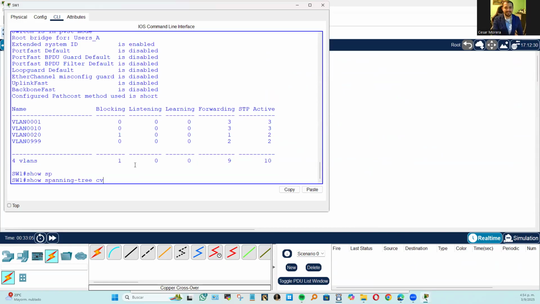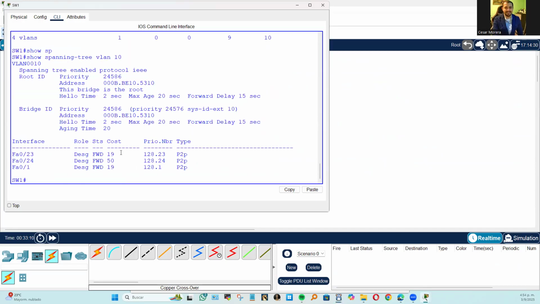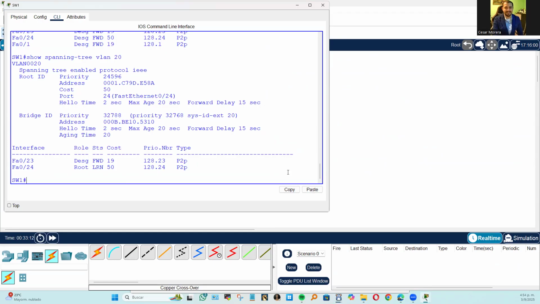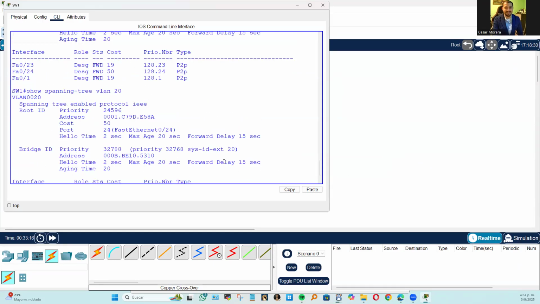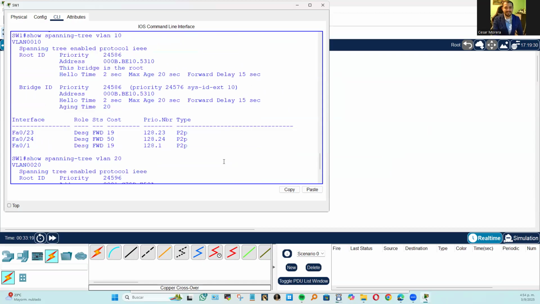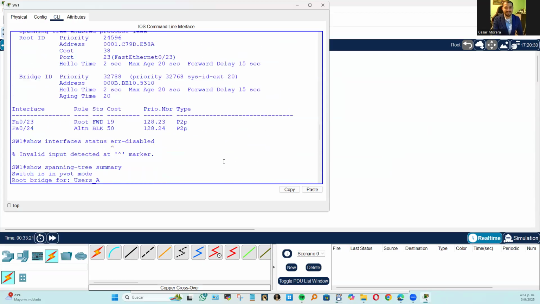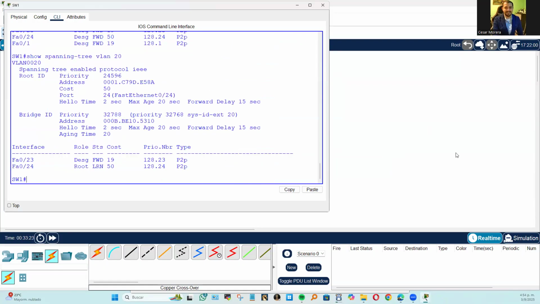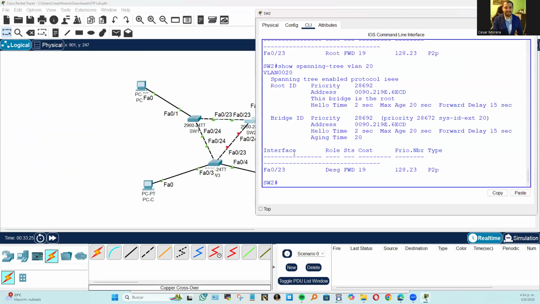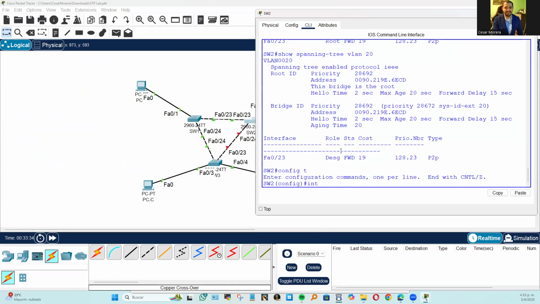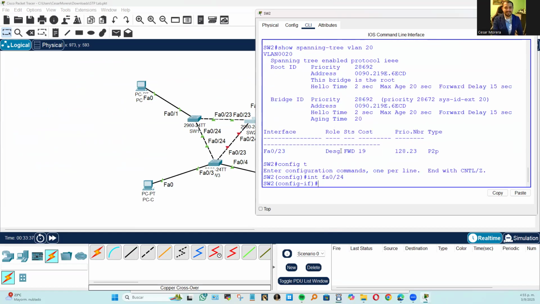So spanning tree VLAN 10. Pretty much the same behavior, but it doesn't really affect it. Before, did we have the configuration of that specific device? No, because it's not directly connected. Most of the changes happen in the directly connected switch, which is switch 2, and that is the behavior that we currently have. We want to go back to normal: config T, interface FA0/24, no shut,